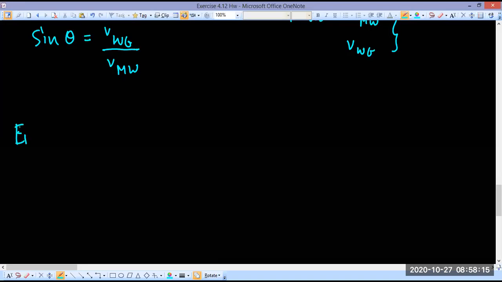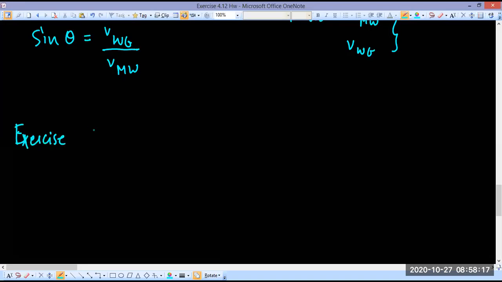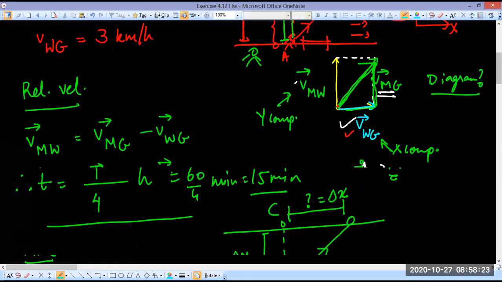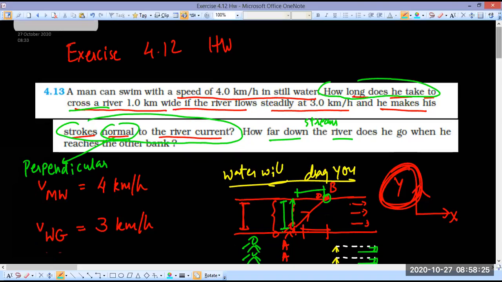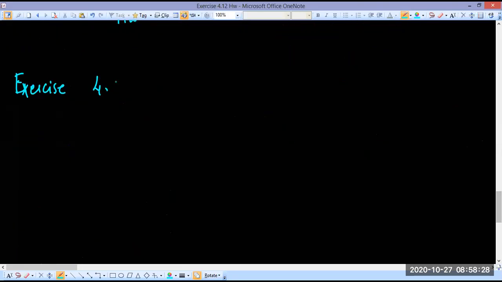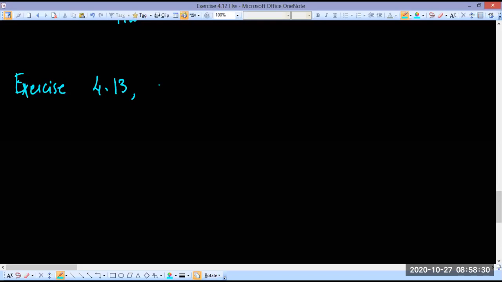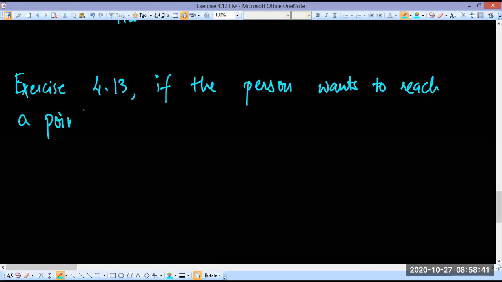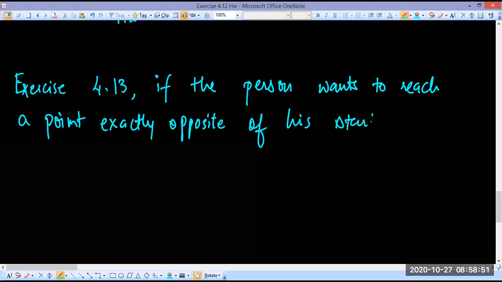So in exercise question 4.13, if the person wants to reach a point exactly opposite of his starting point,